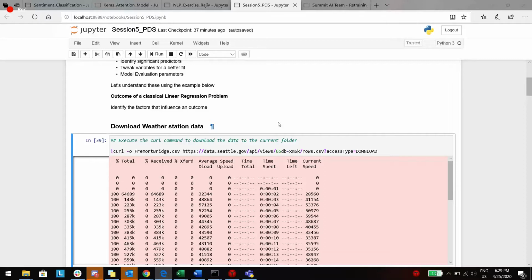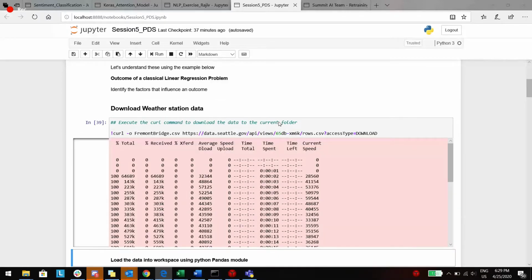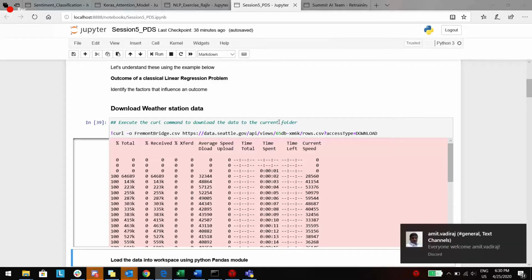Okay, now I'm downloading this data, and don't worry about the code. Like I promised earlier, I would definitely try to give additional comments with respect to the Python code which I am showing you right now, so that it'll be easier when you try to learn, or if you already know, that is well and good. First, I'm executing this curl command. This is basically a shell command which I'm executing in the Jupyter notebook. I'm just downloading this weather station data.